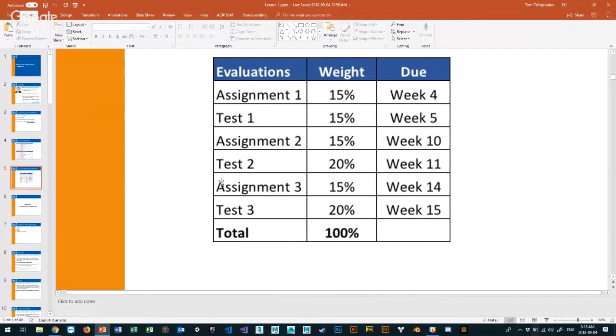I was thinking of making it 10%, but then some people are really great with math, so I don't want to take that away. But if you notice the second parts, assignment 2 and test 2, and assignment 3 and test 3, are worth more, right? So that way, if you're not great at math, even if you don't do great, it's not going to completely kill you in this course. Still worth 30%, okay? So that's really the breakdown of where the marks are coming from. Any questions around marks and the spread and the schedule?